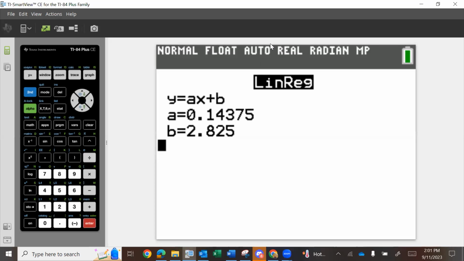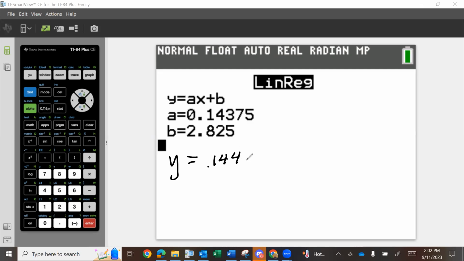If you have the R values, great. If you don't, sweat it. Now, when the homework and tests say give me the equation, I don't want you to write it out like this. I want you to write it out like an equation. Up here, the first thing you see is the template. Okay, so it's y equals ax plus b, where a is